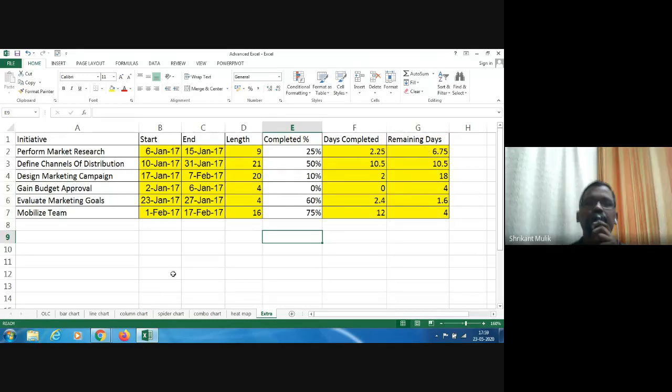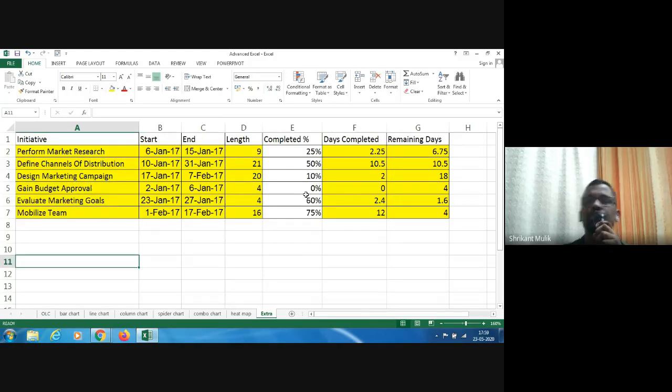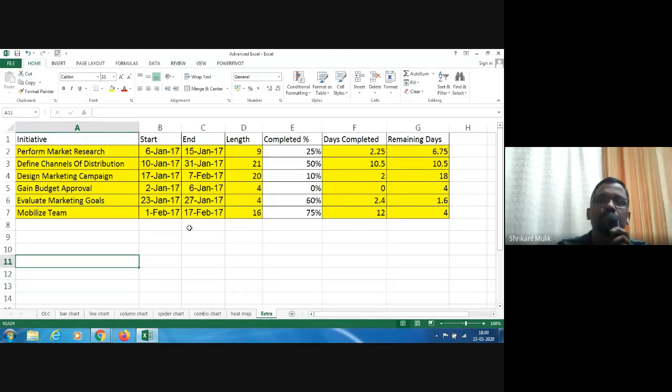So this is a kind of a chart. Let me also make this yellow, so you're not going to change this. You're only going to change from time to time. And you want to show a Gantt chart, which will show this graphically. There is nothing called Gantt chart out here. So how do we do that then? What I'm going to do is, let me zoom down first.